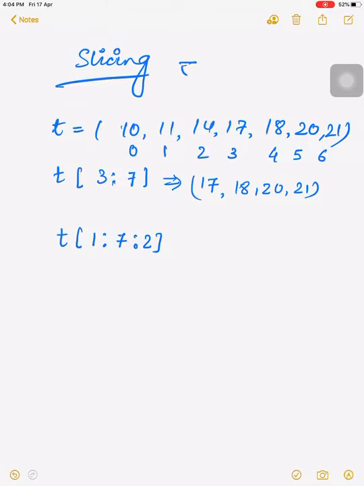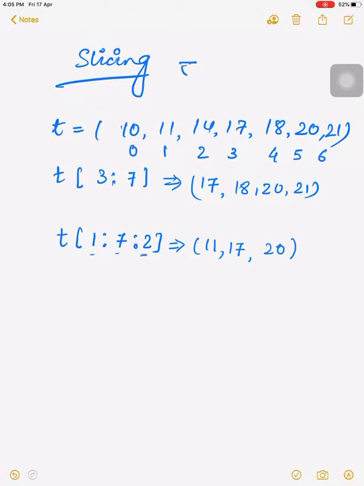We can also use one more thing with the slicing. We can write T[1:7:2]. Now what is it? It is the same as a for loop. You remember, it is called the start, the stop, and this is the step. We can jump the elements of the tuple by 2. So in this code, what will be the output? The output will start from the first index, that is 11. Now it will skip the next element, it will take the alternate element, that is 17, then it will take 20. Hope you understand. That is called the step, on what step we have to jump. So it will jump every alternate element.